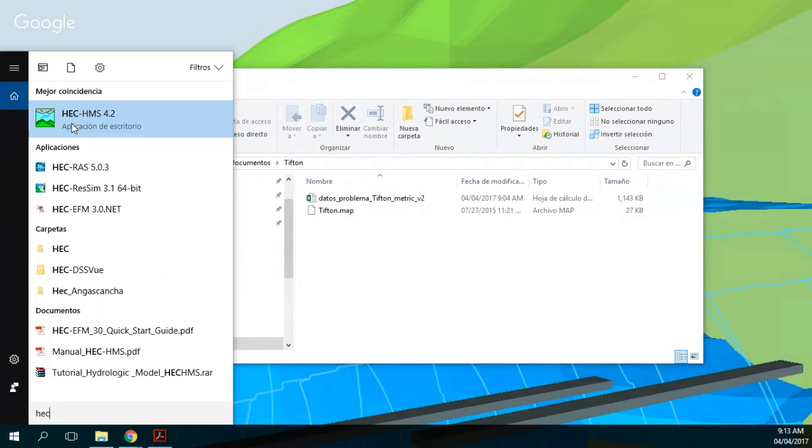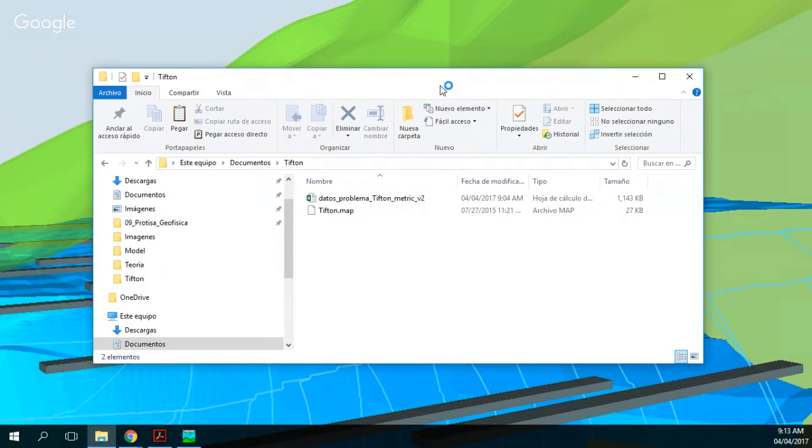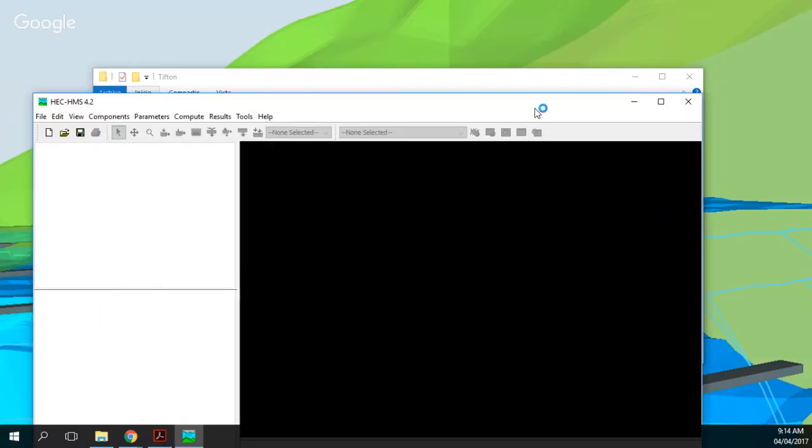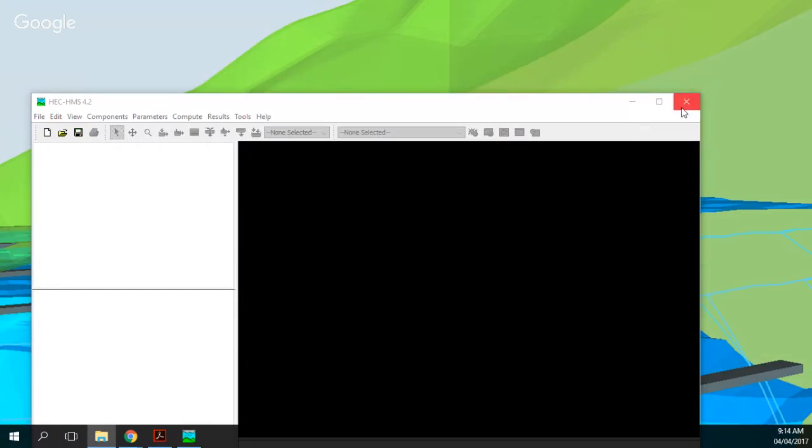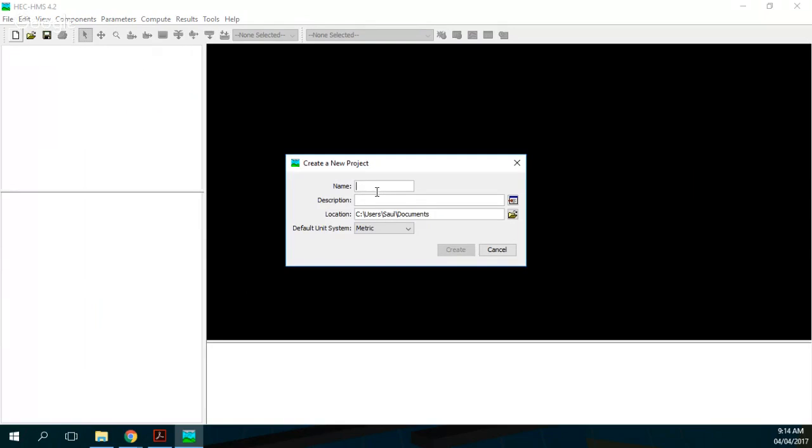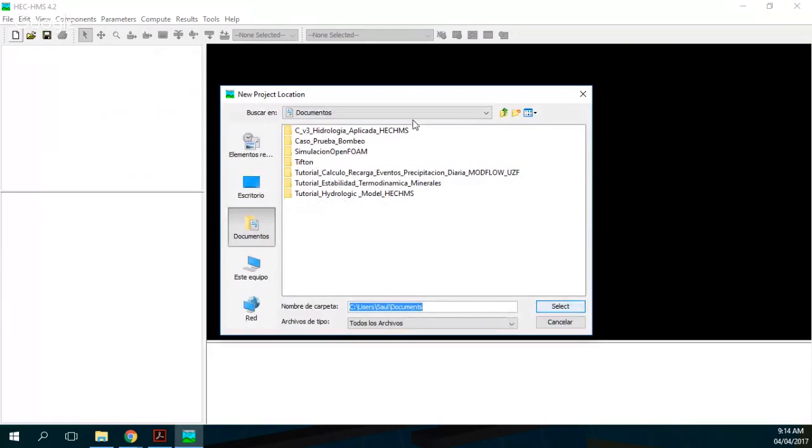Okay, this is HEC-HMS. Okay, we open it. Okay. Here we are going to define a new project. So we create a new project that we'll call Tifton sample. And where we are going to locate it is we are going to make a folder here in our